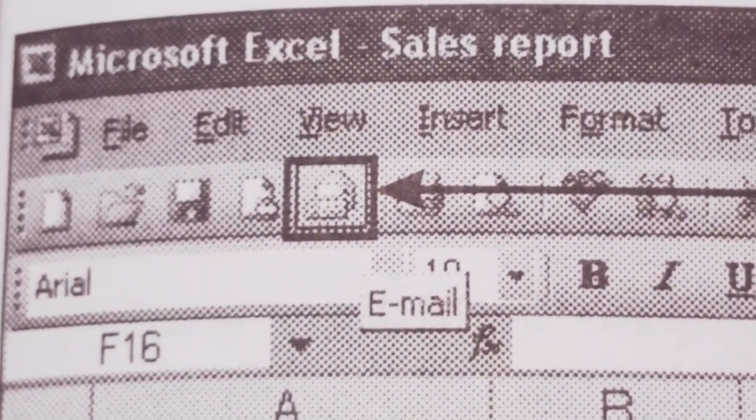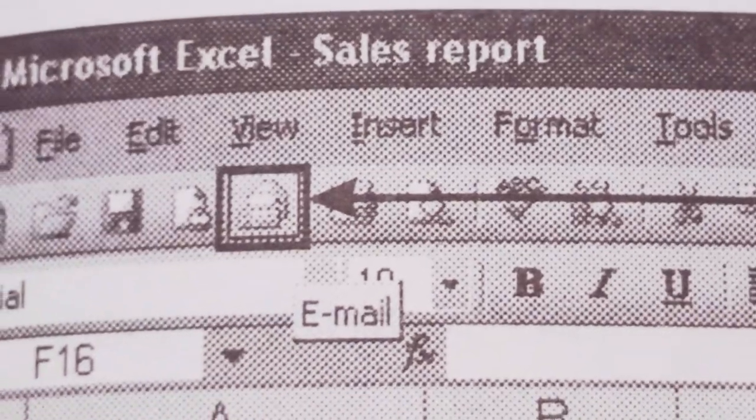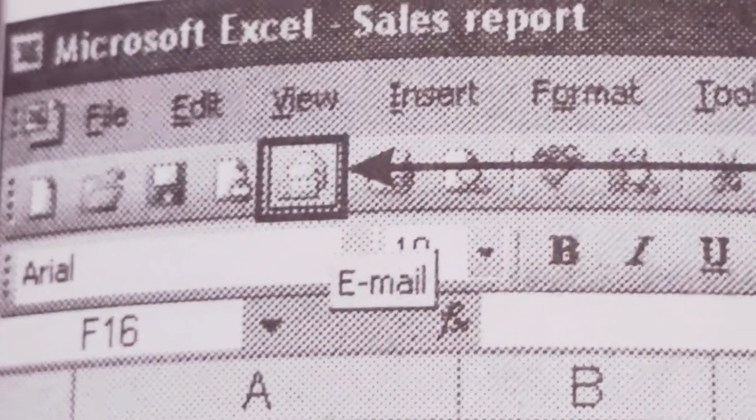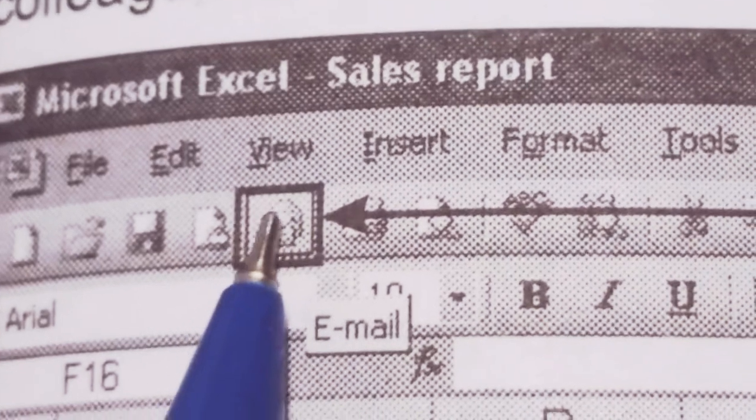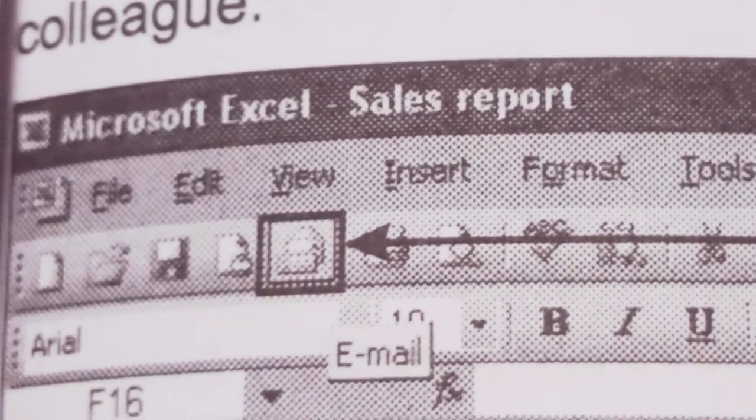See here, that is the email option. Click on this option and we go to email our worksheet.